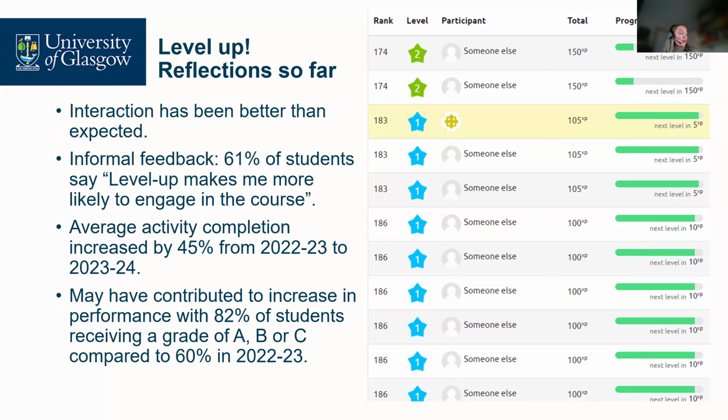And another thing we did just quickly was we had the individual component, which I've talked through. We also had a group component, so students were collected into their tutorial groups on Moodle, and points were sort of accumulated within those tutorial groups. So we had a little bit of a team prize competition going on as well, and our tutors and demonstrators got very into that and were encouraging their tutorial groups to make sure they were engaging in the course so that they could win those prizes.